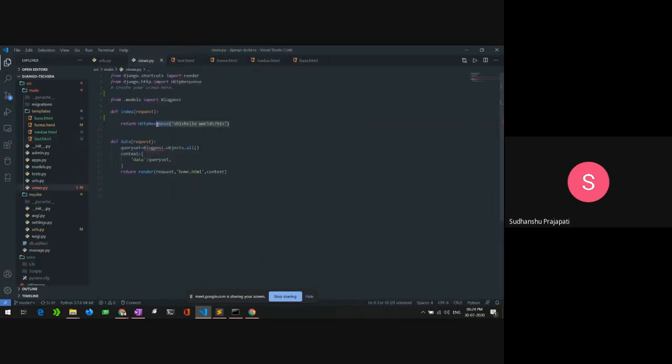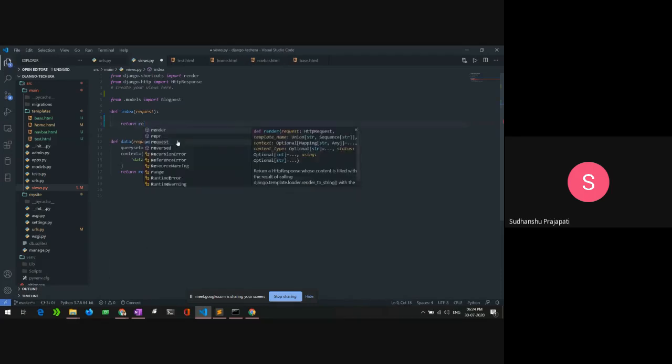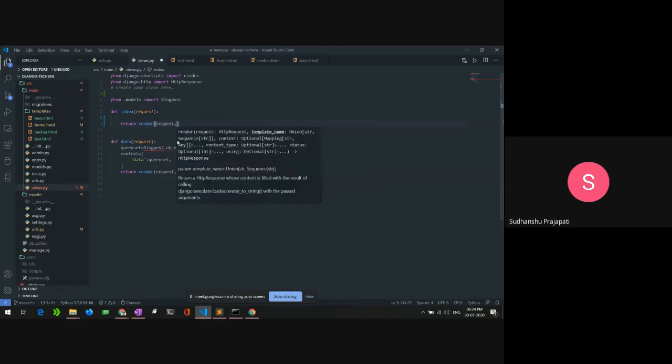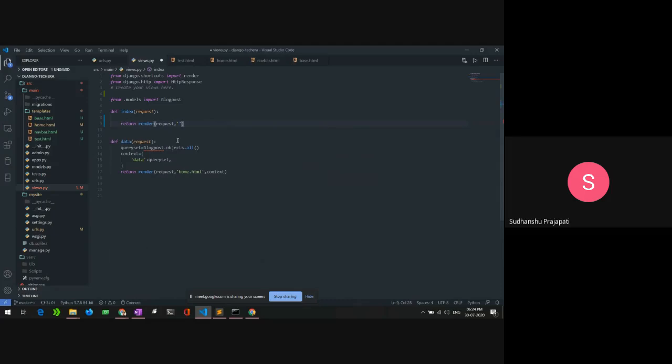So I will change my HttpResponse to the render function. I will write render, and you have to give it the request and the name of your HTML template, that is test.html in my case, and I have no context variable here or context dictionary.